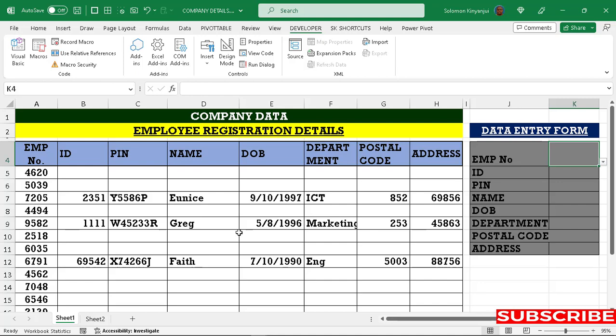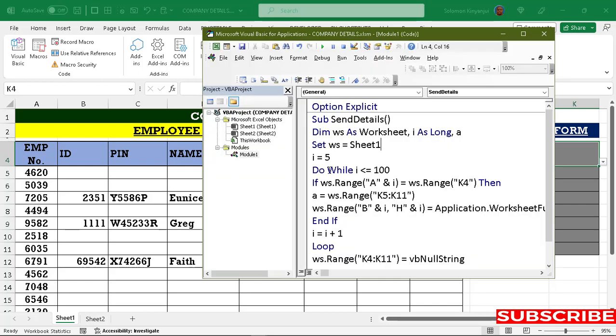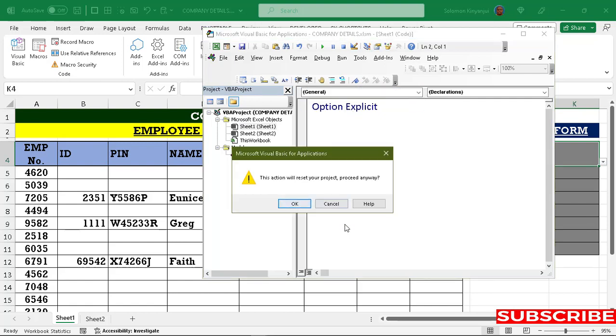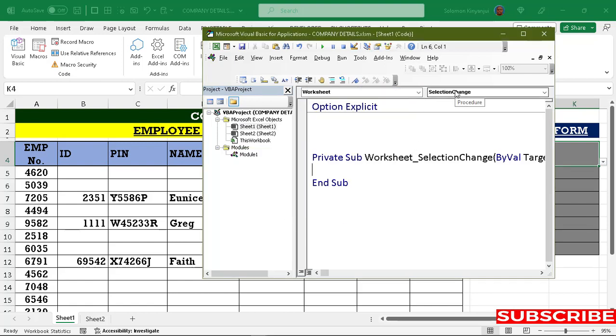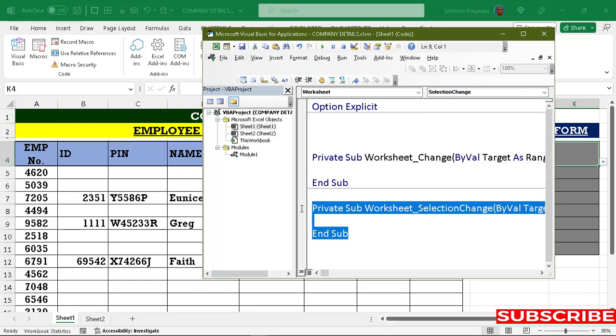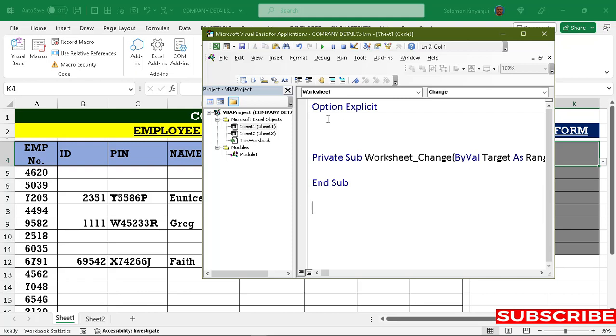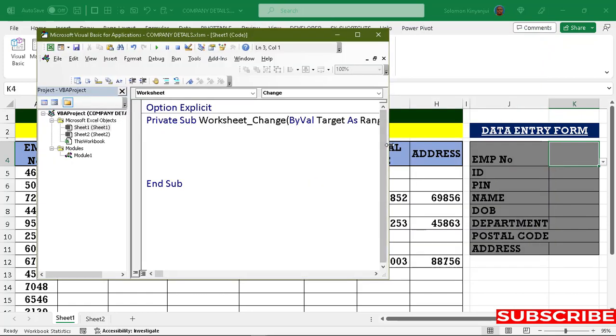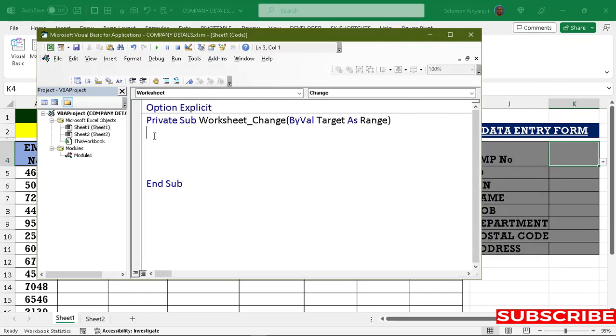So here we shall click to the that is sheet 1 in the VBE, and then we select worksheet, then the change event, so this one here. So we clear this, select change. So then here we shall type, so we shall say if